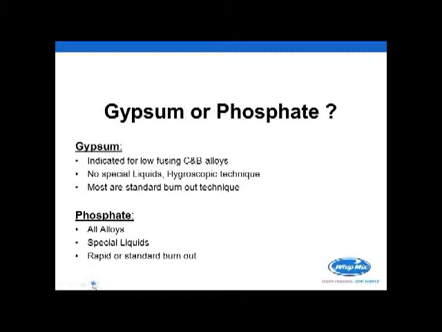And when we got to doing full cast crowns and liked the behavior and the surface of the gypsum, but had problems with the expansion, we had to come up with a way to drive expansion. That was a hygrobath, or a constant temperature water bath that was applied during the setting process, and that drove the expansion. Most gypsum investments can only be used for standard burnout techniques, so if you're not doing that, you're